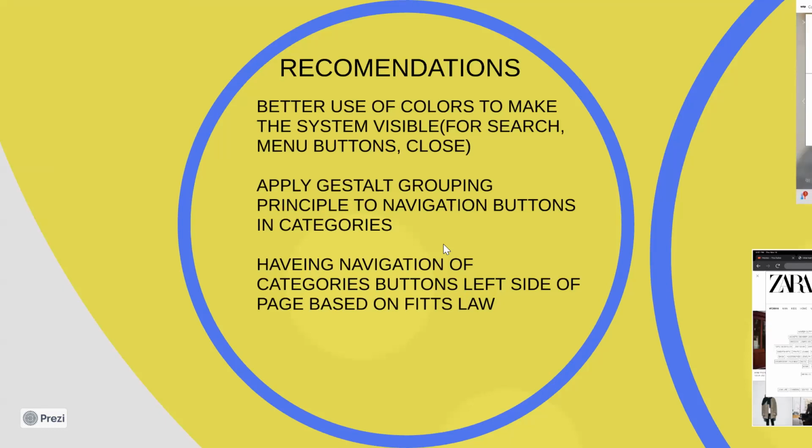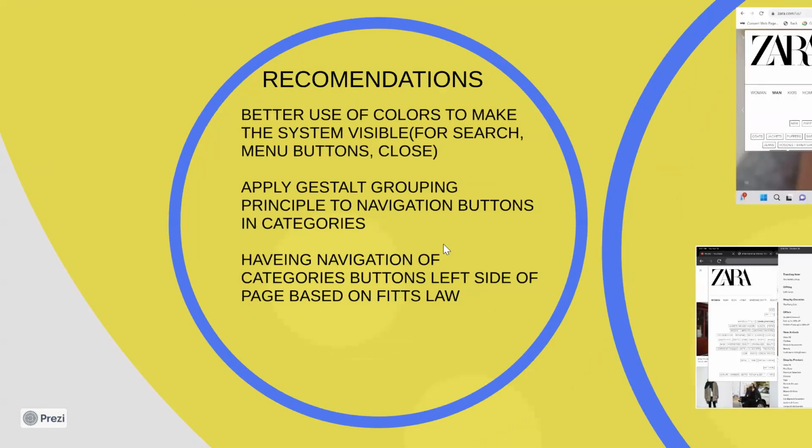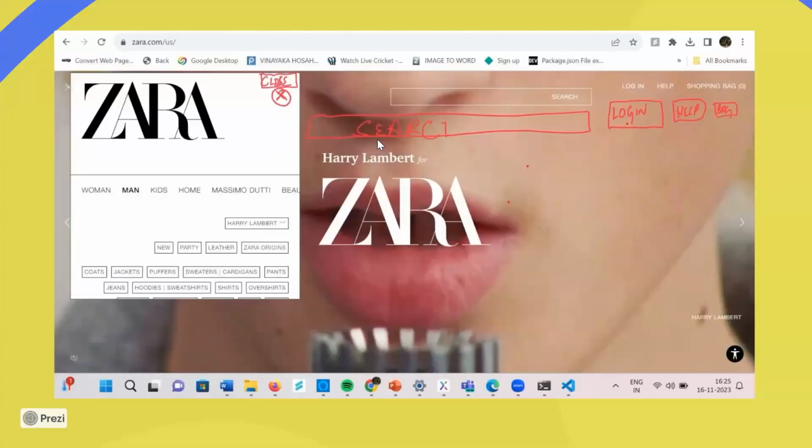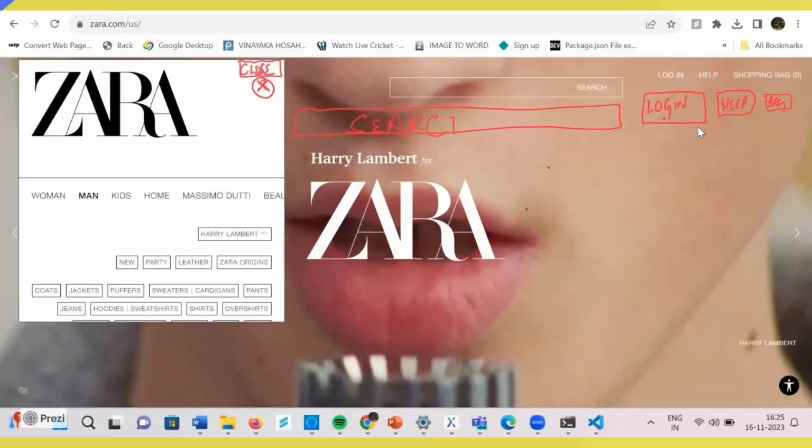So what are the recommendations? Better use of colors to make the system visible for search, menu buttons, and especially close. Apply the Gestalt grouping principle to the navigation buttons in categories. Have navigation category buttons on the left side of the page based on Fitts law. For example, here, you have a search button with better contrast and other menu items with better contrast, even